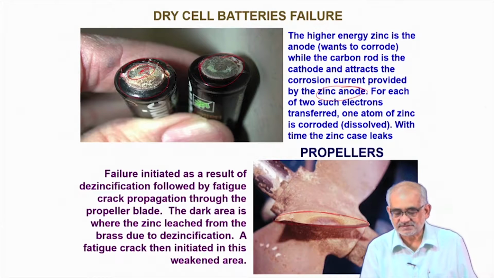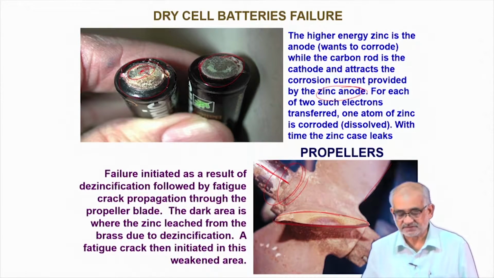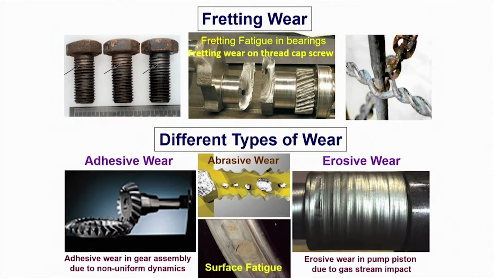Look at these impellers or propellers. This is the shaft on which this propeller is rotating, and these blades actually undergo a huge amount of erosion-corrosion, a combination of them. So mechanical forces along with airborne moisture and other gases. On the other hand, corrosion requires an electrolyte. Typically for corrosion to occur you need anode, cathode and an electrolyte. If it's high temperature, obviously a single electrode degradation can happen, which is typically the case of oxidation. But room temperature or high temperature mechanical activation can lead to a lot more severe damage,